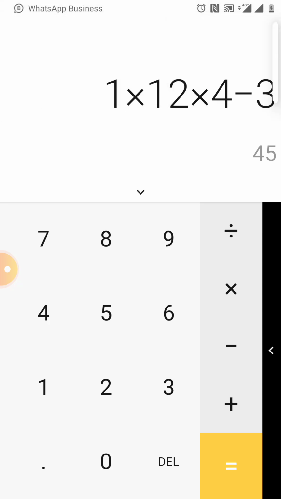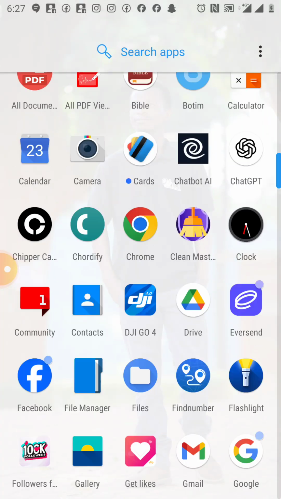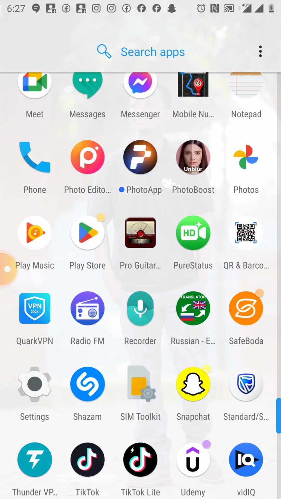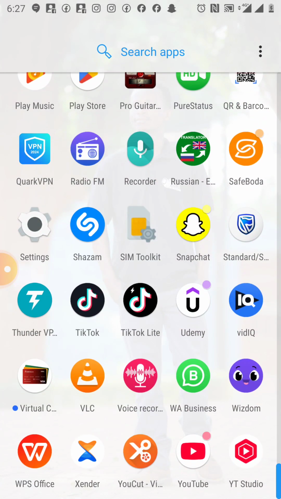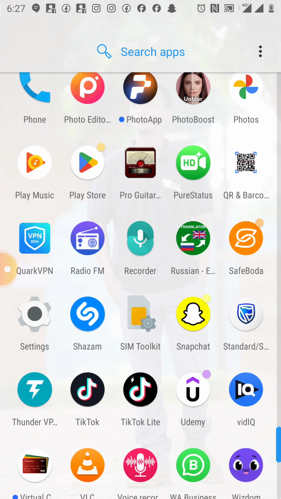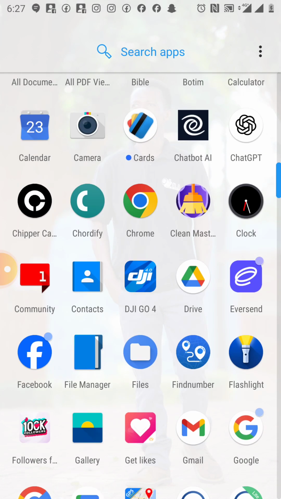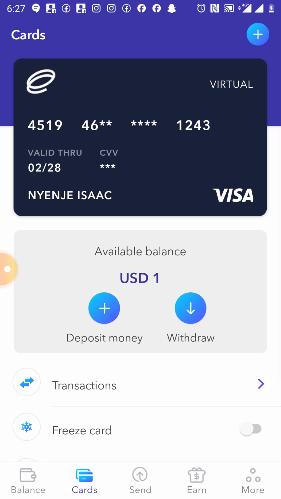So please, for me, I would say that this option is better. Let us go back to our Eversend. This option is better. So let us go with this option of creating a card for